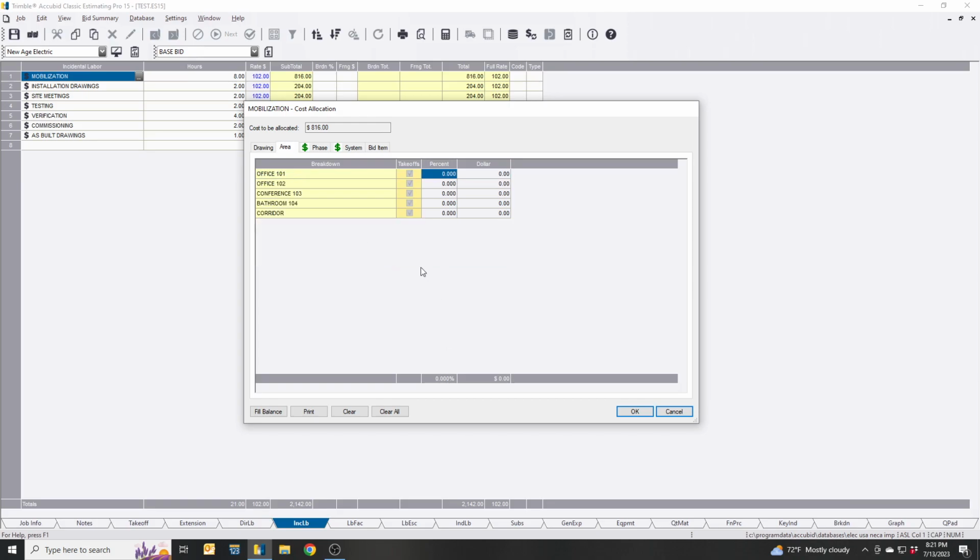So in this case we have an area which shows you the two office rooms, a conference bathroom, and corridor. If you wanted to, you could just use the percentage column and just divide it equally out. So we're going to say 20%, and then on the bottom you see 100%, and this is allocated to the exact amount that we have plugged in. So that way,